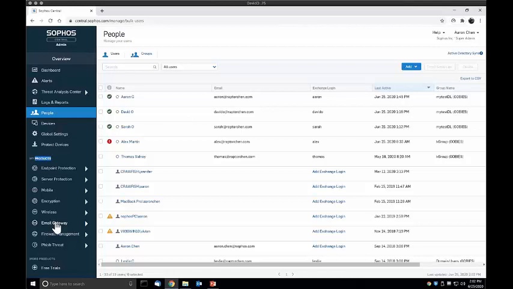So one of the key pieces is if it detects a user sending outbound spam messages, that's bad. Obviously, it's not malware coming in, but